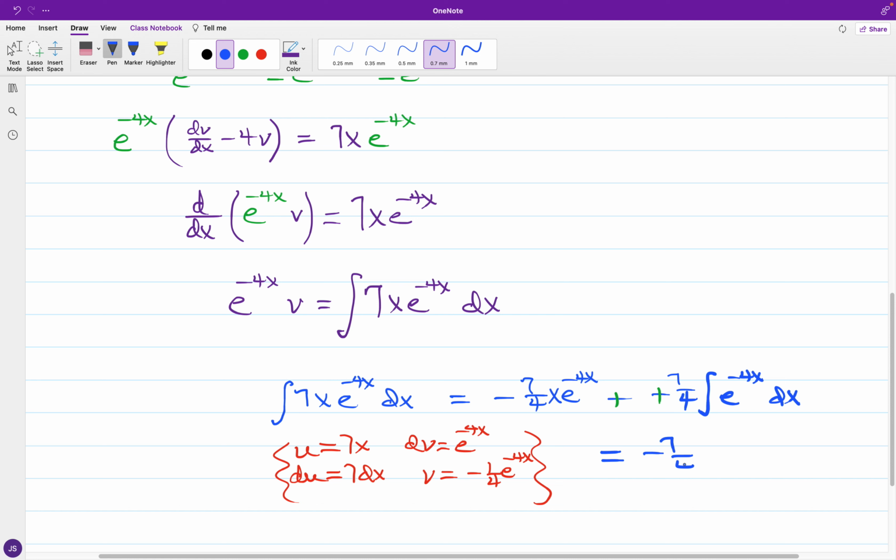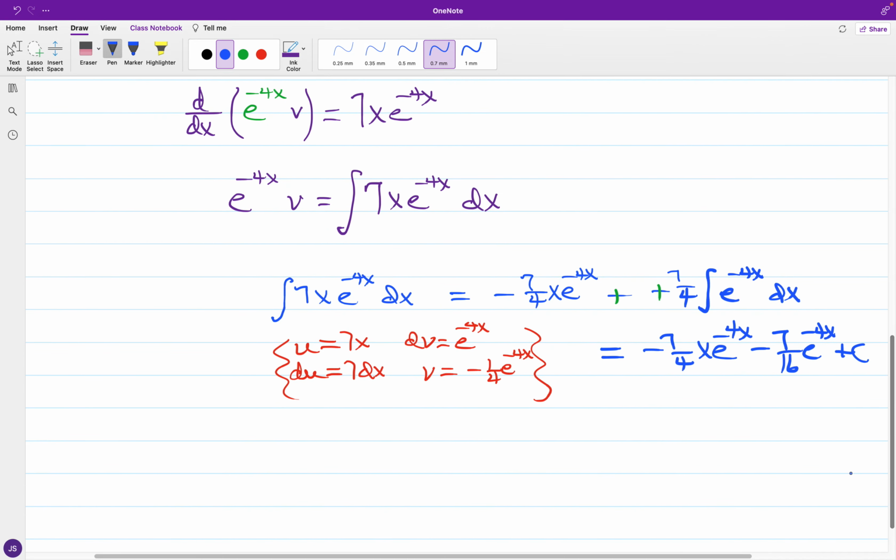So in the terms, we have negative 7/4 of x times e to the negative 4x, and minus 7/16 of e to the negative 4x, followed by the constant. And going back to our equation, we have e to the negative 4x times v is equal to negative 7/4 of x e to the negative 4x minus 7/16 of e to the negative 4x,